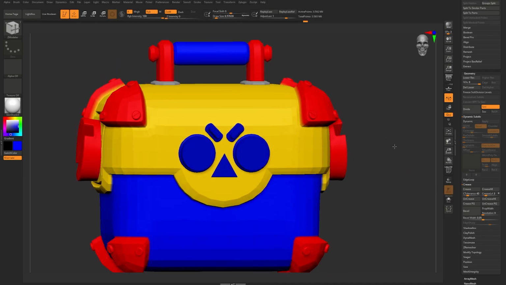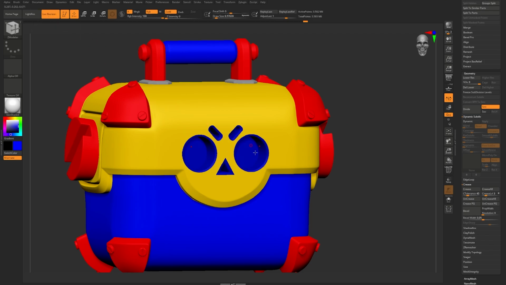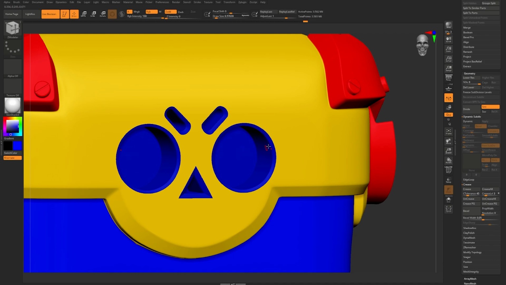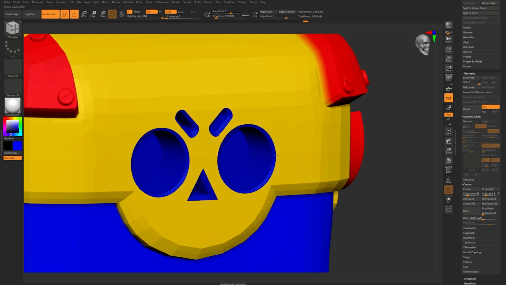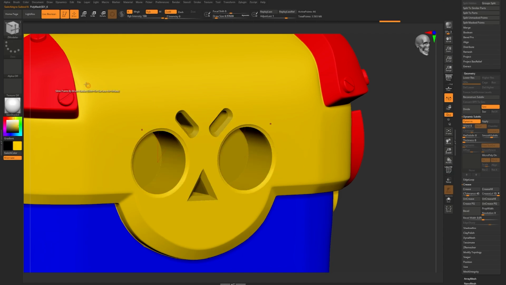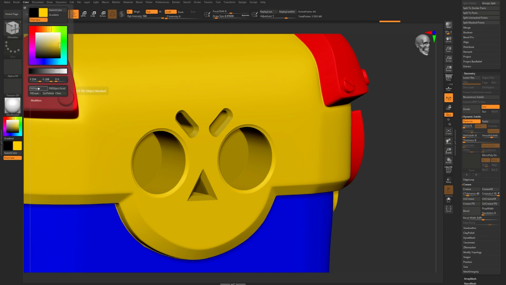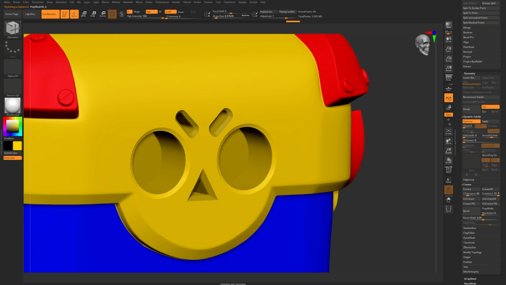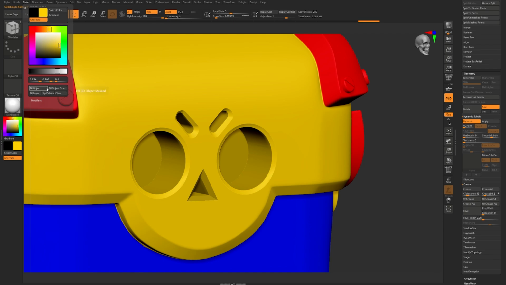And now we have to paint these booleans, right? So here's the thing. Here on the eyes we have 2 booleans. The one that goes inside and the one that does the edges. Okay. If we see our reference, you can see that the bevel is yellow still and the inside is black. So I will select the edges and then I will hit C with the mouse in here, and then I will go to color, fill object, bevel on the eyebrows, color, fill object, and in the